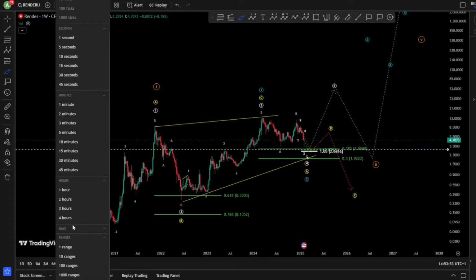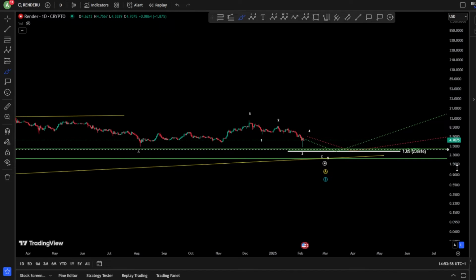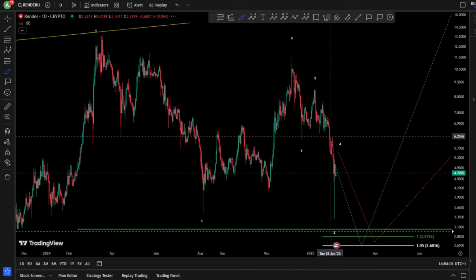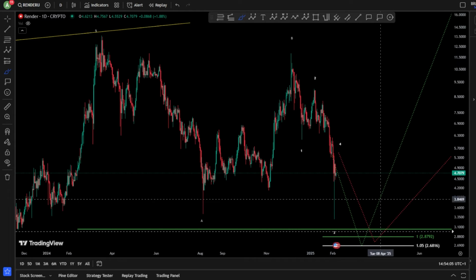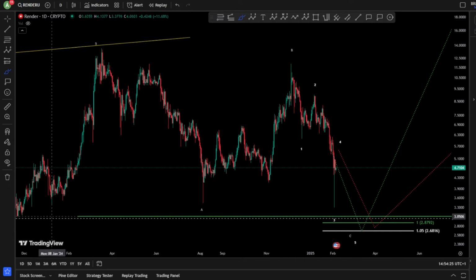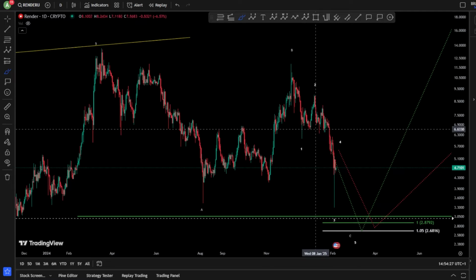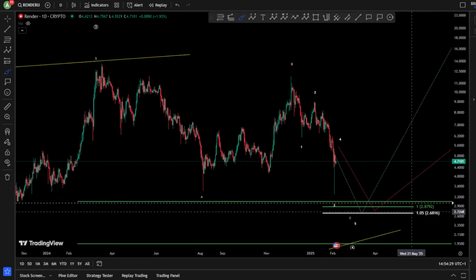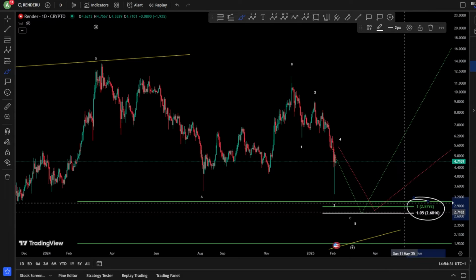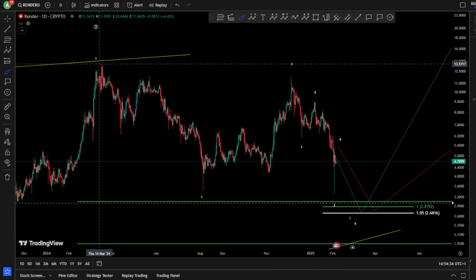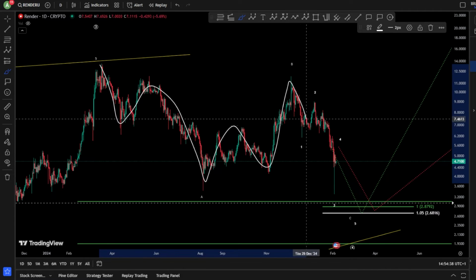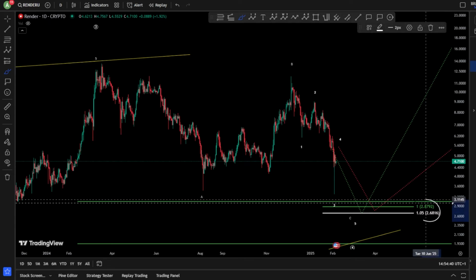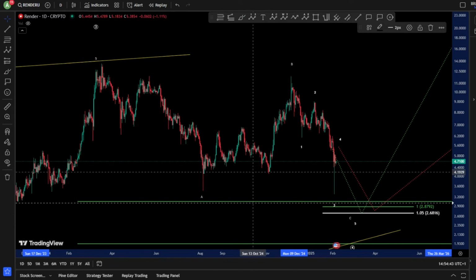If we take a deeper look here on the daily chart, we are looking for this wave C unfolding in 1, 2, 3, 4, and a 5. After 3 waves down, 3 waves up, 1, 2, 3, 4, and a 5. Now, as you can see, this impulse is not finished yet, because first we did not reach at least the 1-to-1 fib level or 1.05 fib level for this irregular flat in ABC, 3 waves down, 3 waves up, 1, 2, 3, 4, 5. So the minimum target has to be reached